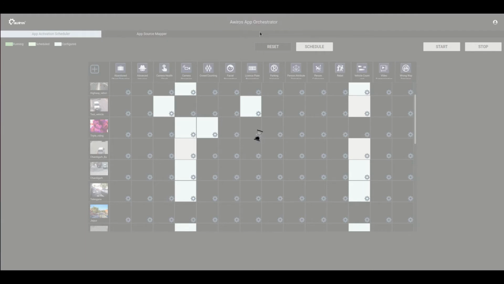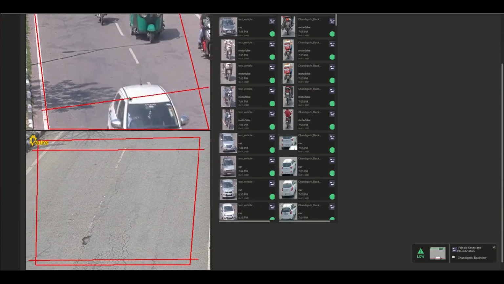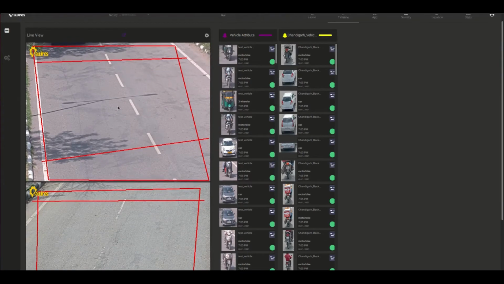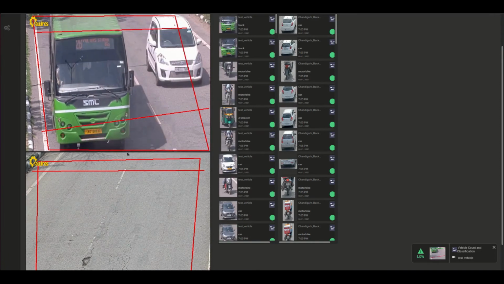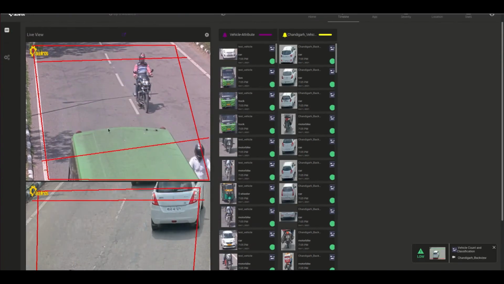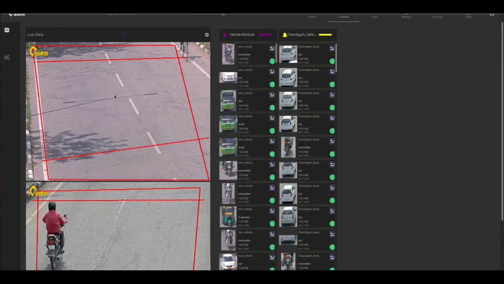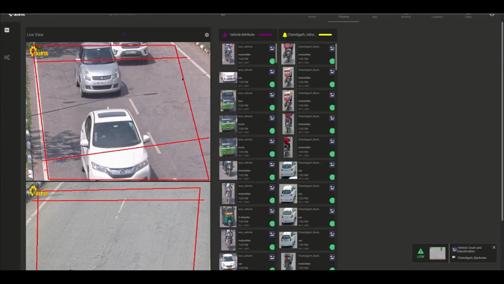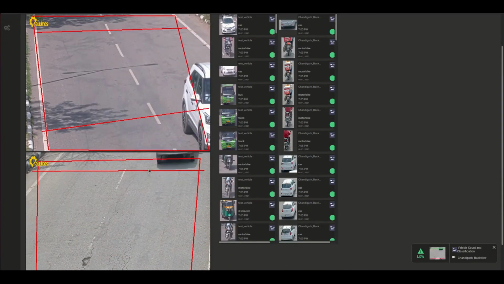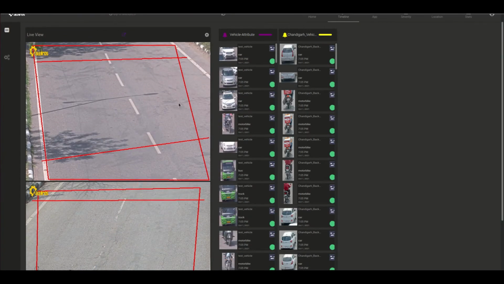So I get a notification that the app has started. I'll just wait for some time and head over to the timeline, where we can view the alerts being generated in real time. So this is the timeline, and you can see the vehicles moving over here. These are two particular streams. One is the front view and one is the back view from certain CCTVs of Chandigarh, and this is completely new for the model. This is not something which was involved during the training process, but still our model performs pretty well. And you can see that these red boxes have been drawn, which basically act as the region inside which our models locate certain vehicles.